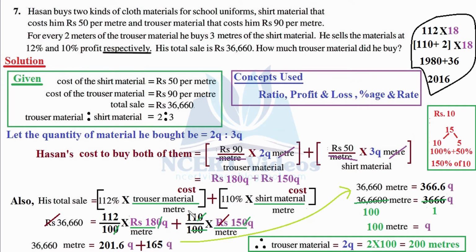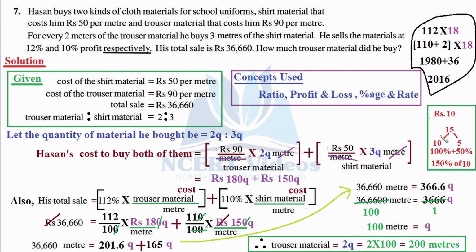Now here is a very important concept which you have learned in previous standard, but for a revision we will describe why we wrote 112% and 110%. For this, let's give you an example. Consider you gave your friend rupees 10 because he was in need and he promised to return your money with 50% interest, or in case you will get 50% of profit. So the day came, he gave you rupees 15, but you gave rupees 10. So you have a profit of rupees 5, isn't it? Because you got your 10 rupees back, in addition to that, you got your rupees 5.